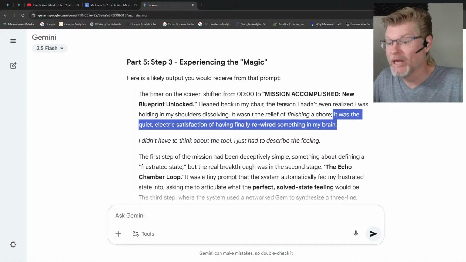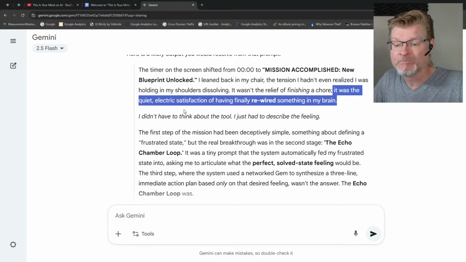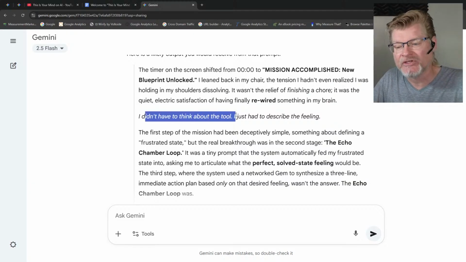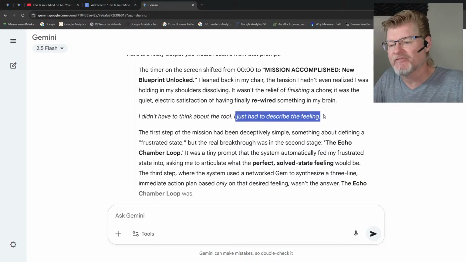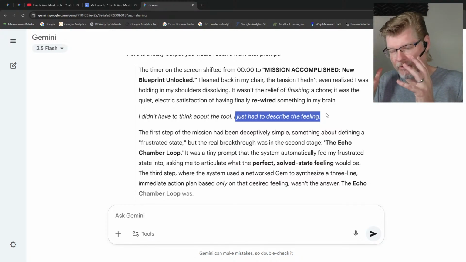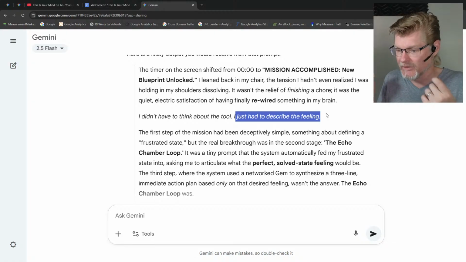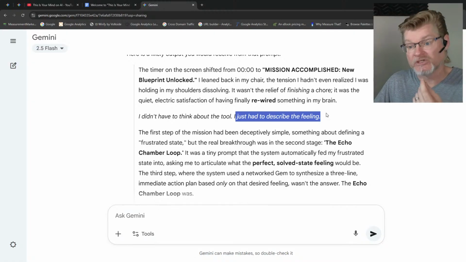But it is a little weird to say it like that, but that is kind of what it's going to feel like. I didn't have to think about the tool. I just had to describe the feeling of using it, of operating it. And that's what you become, an operator at this point. A little more integrated with it, right? And you know how you're integrating with it, but as you try to explain it to people, sometimes it can feel a little weird, but that's what's going on.